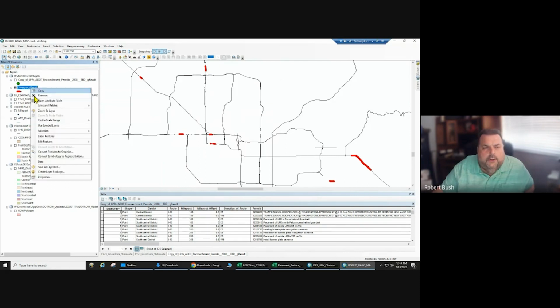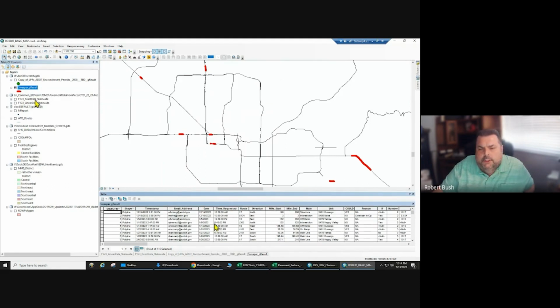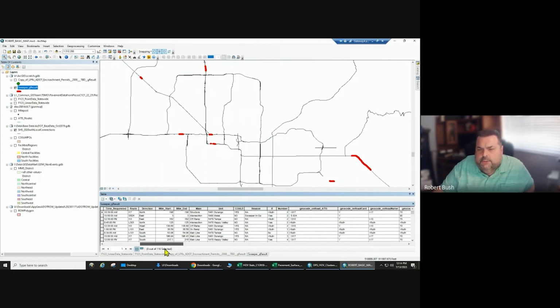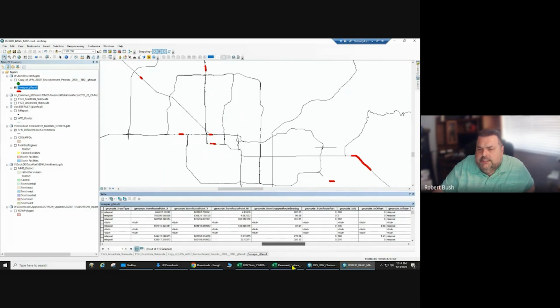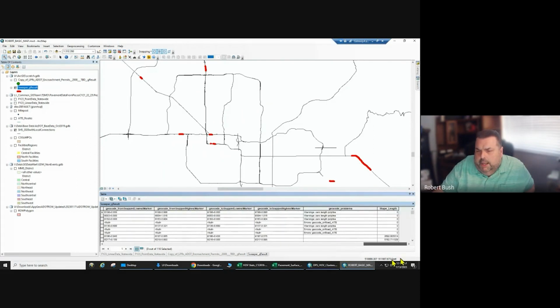What we can do here is open the attribute table. You'll see everything is down here. I did delete some of the additional metadata, but if this was a real data project for us, we would obviously keep that. But it looks like